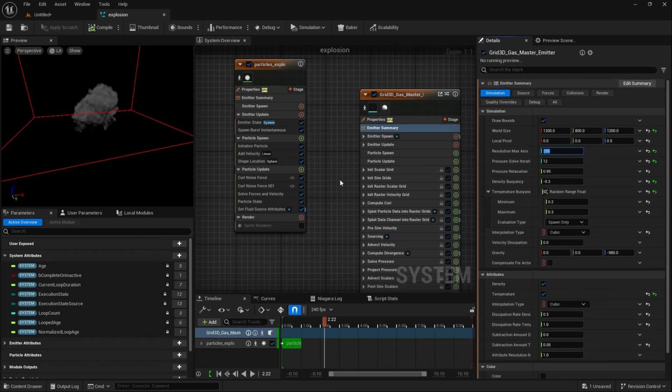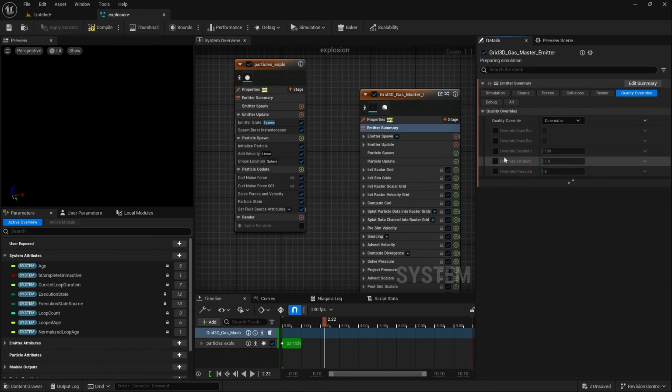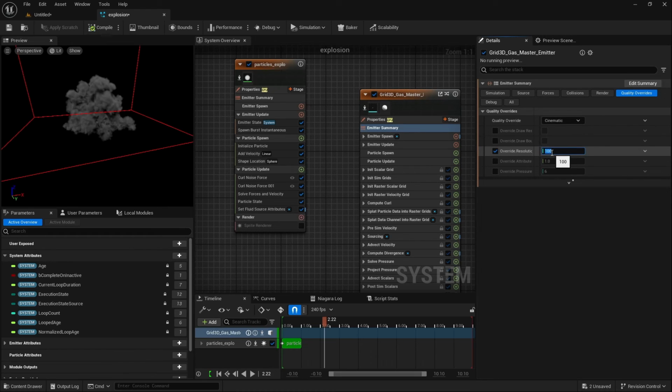It's mainly because your GPU is not having enough virtual RAM. So if you want that 400 resolution in your scene, but you don't want to see it in viewport, so basically you can render it out without any crash in movie render queue, then you need to do this thing here. You need to go to your quality override tab, and in quality override, you need to disable this first. You can see quality override is in cinematics, and here you need to change your override resolution to let's say